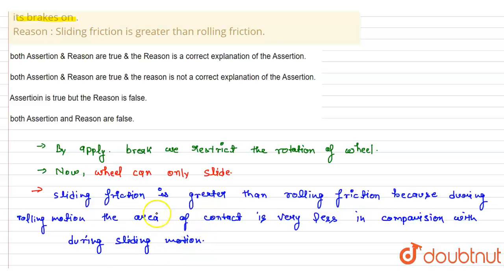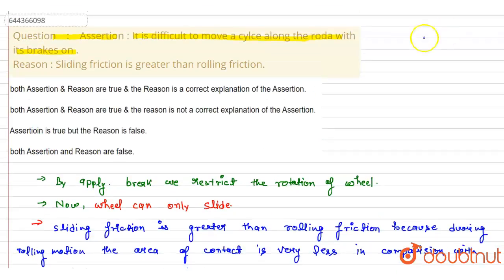So if rolling friction is less than sliding friction, and you can easily see that when we apply the brake, the rotation of wheel is restricted, then the whole cycle can only slide. So if cycle can only slide, then the friction is going to be very high, okay, in comparison with rolling motion. So from here we can say that the statement 1 is correct, because assertion is correct because it is